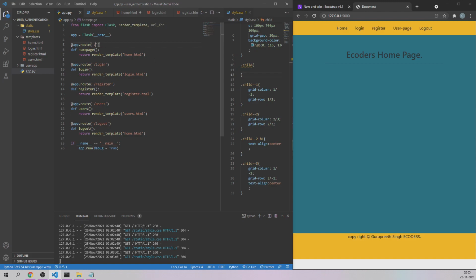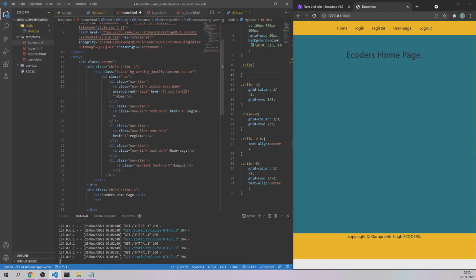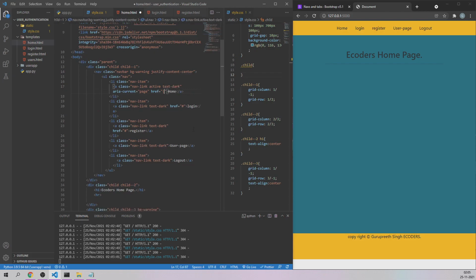For the time being I'll not create it for the login page. I'll show you why that thing is going to show as an error. But for the login page, let me remove this hash from here. Use the double curly braces like this, these curly braces, and inside that you just have to say url_for, and mention the route.